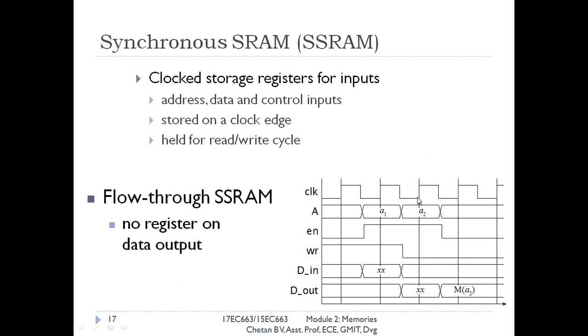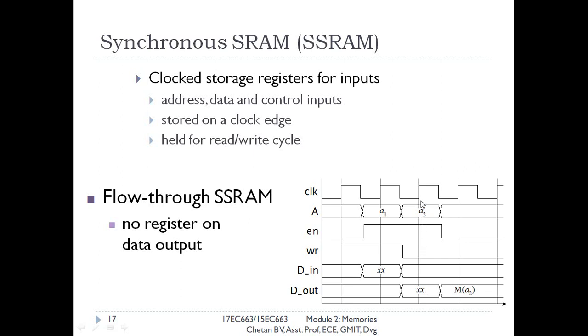On the next clock cycle, that is at the start of the third clock cycle, on this third rising edge, the actual write operation will be performed to the address pointed by this address line, which is A1. The data XX will be written in the location A1. At the same time, the data which is written immediately appears on the output line. So here you can observe XX. This was the data which needs to be stored, and after storing the data in the location, it appears immediately on the output line.